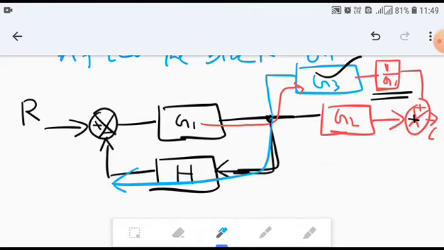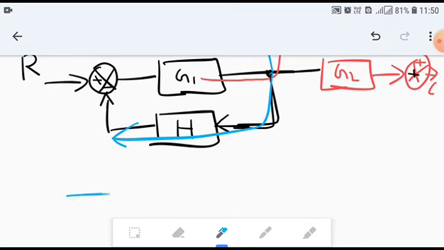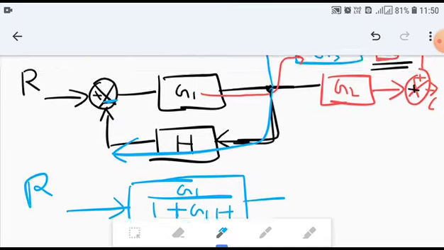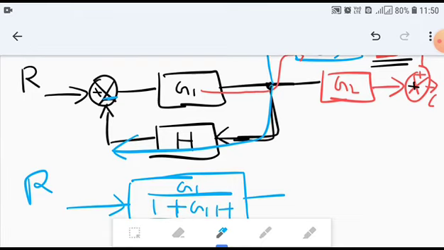So here we use rule number 10, where we take the feedback path. So this will be simplified using rule number 10, that G1 by 1 plus G1H we get. Since here we have negative feedback, here we get plus, remember this. And here we have the input R. G1 and H are combined and they become a block.